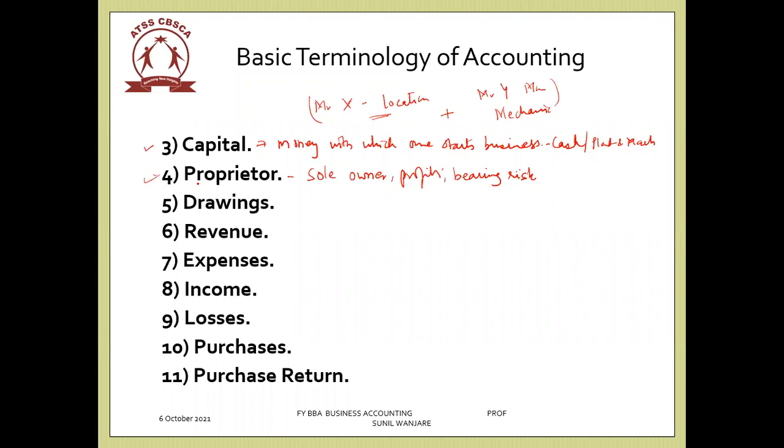So a proprietor is one person who is the single owner of a business. He is the only person taking the decisions and managing the business, and whatever profits are earned, he alone enjoys them. Tomorrow, God forbid, if there are losses, he has to bear the losses also. A single person enjoying, taking decisions, and managing the business is called a proprietor.